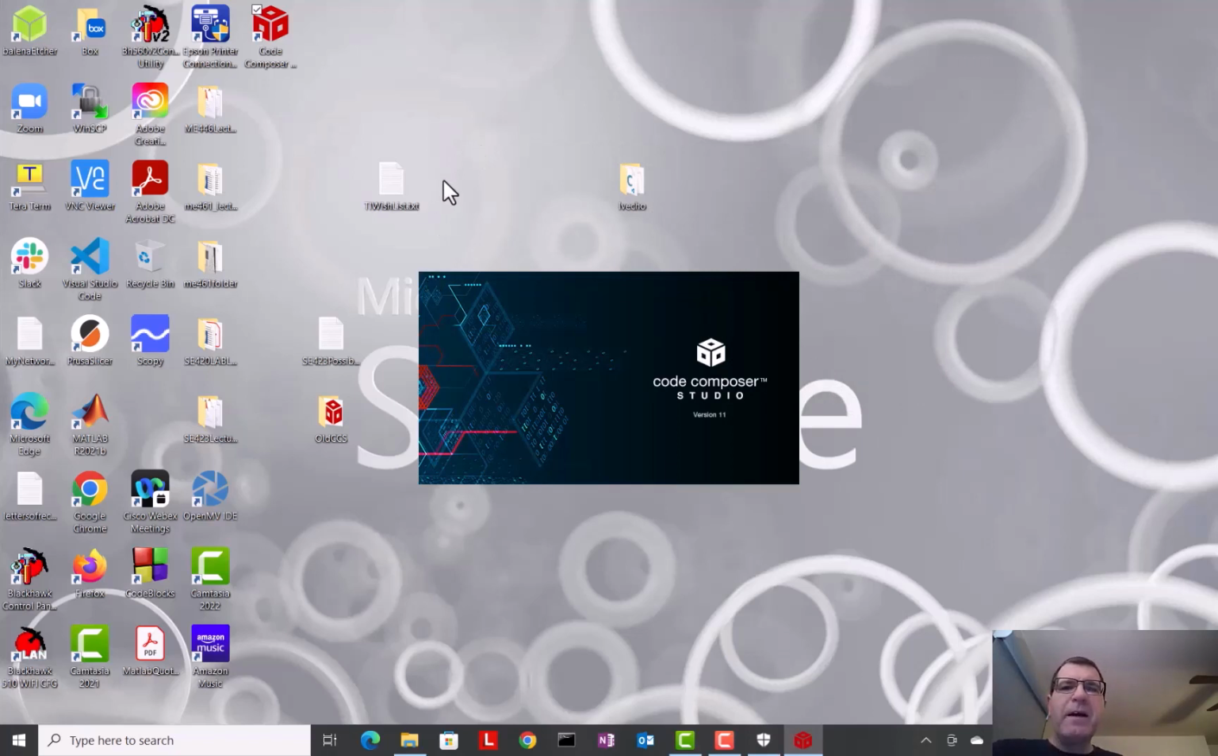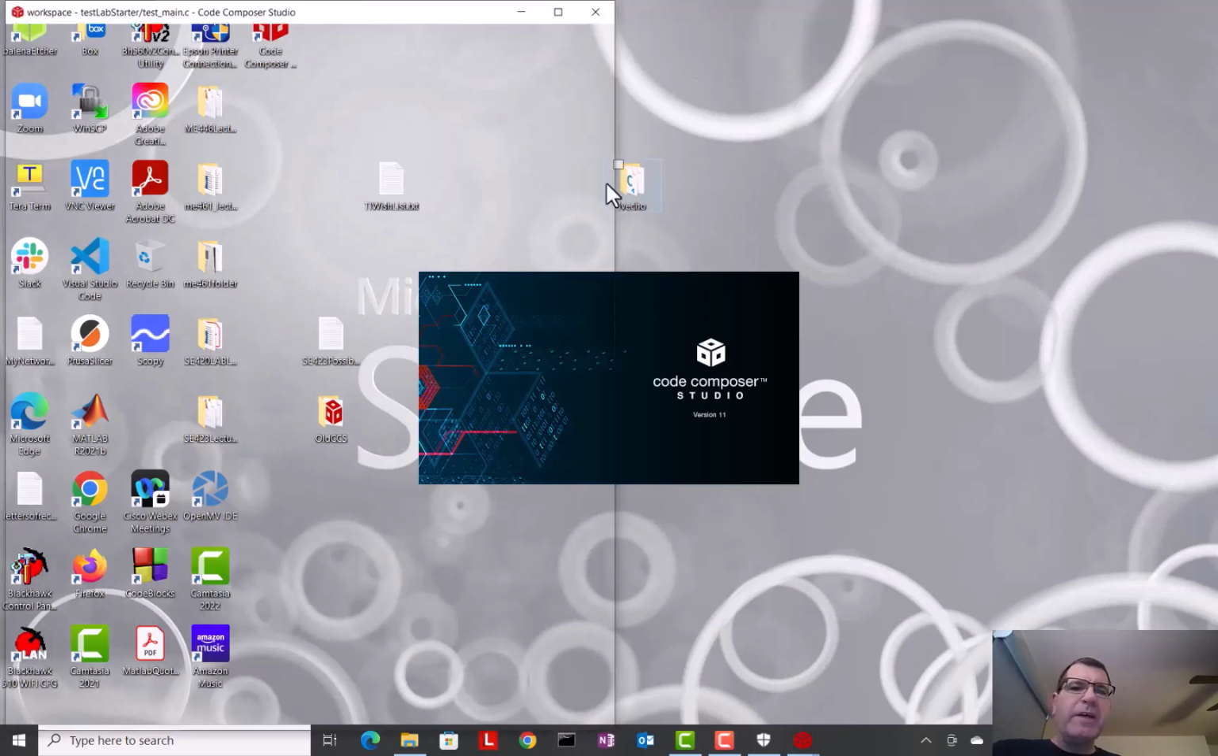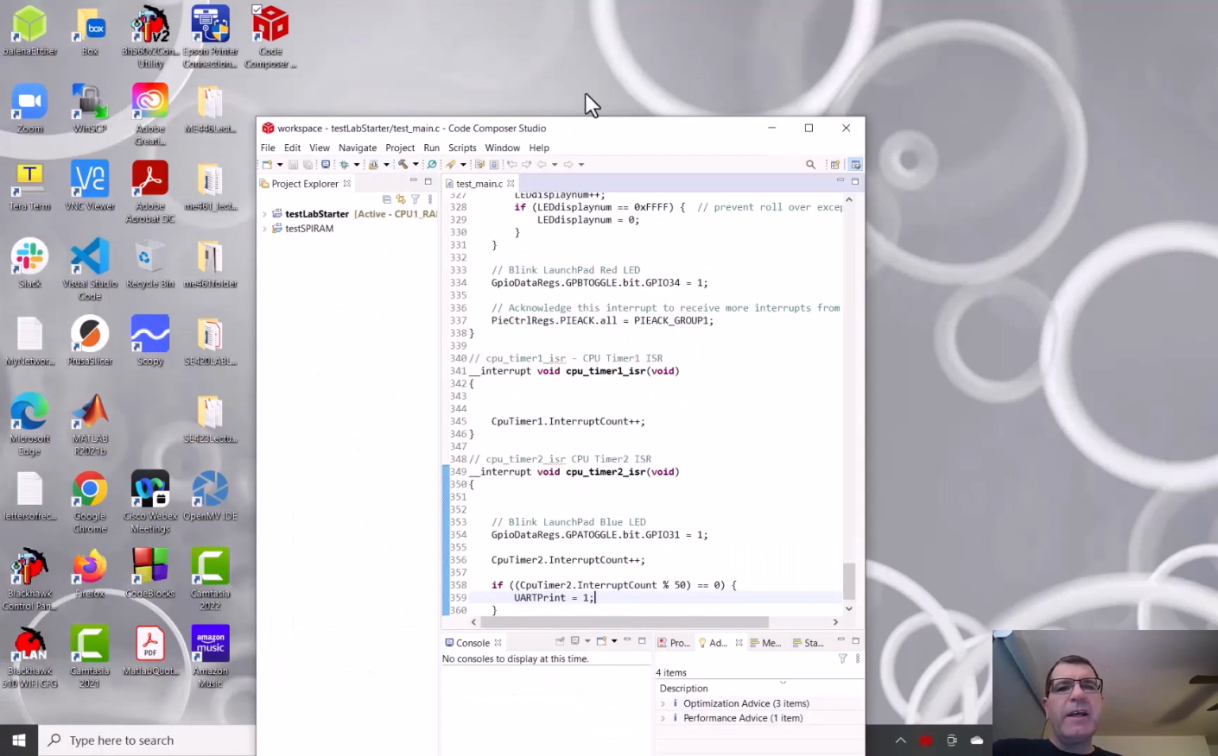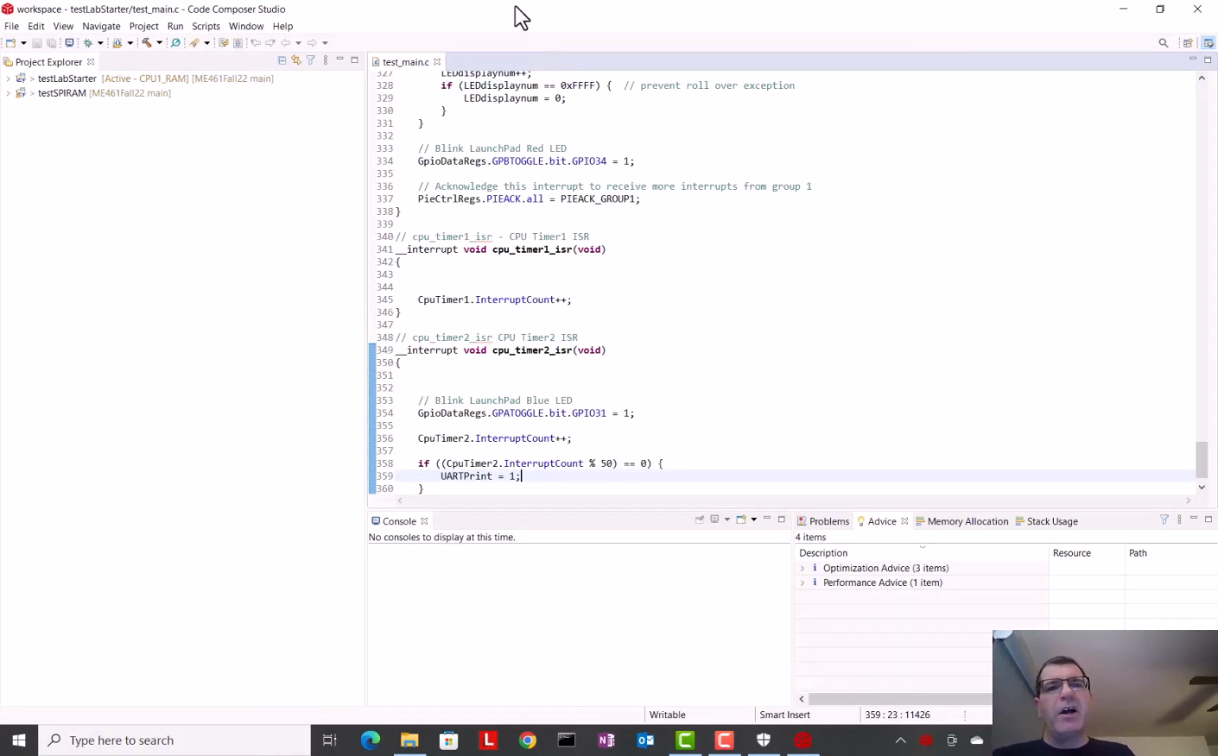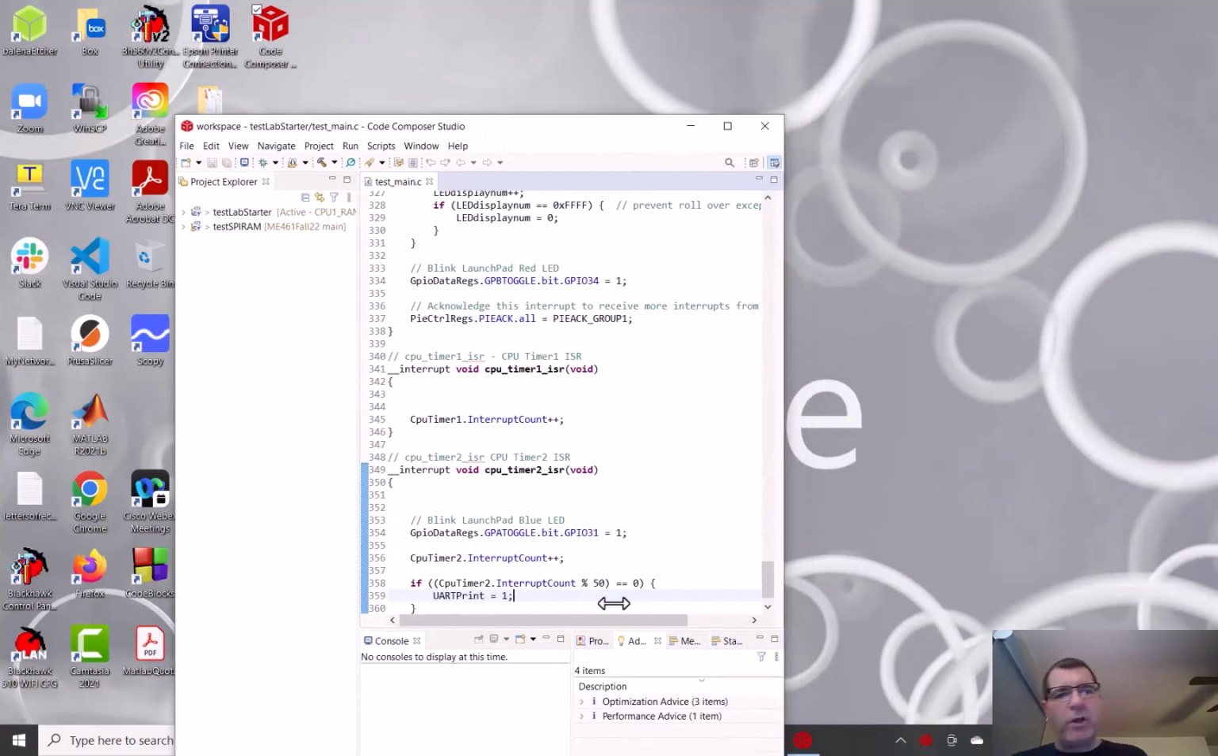Okay, and I'll go into more of this. This is just for installation. Here's our Code Composer. Actually, on the first boot, you'll get a welcome screen and all this kind of stuff, and you don't have to leave that there. Okay, so